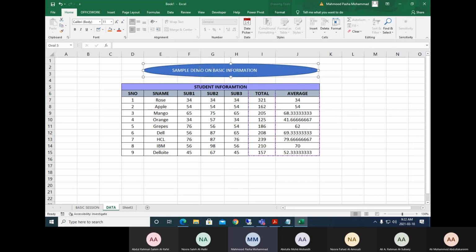Fine. So this is how we have done here. This is certain information, and I make it center alignment. Now this data, whatever data we have here, you can see whenever I'm selecting the data, you can apply the indentation. You can see it is moving left as well as right. So this is how the indentation will work.